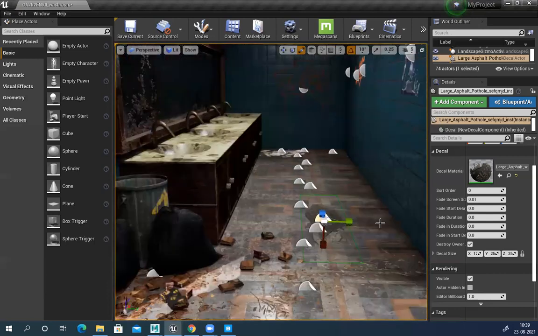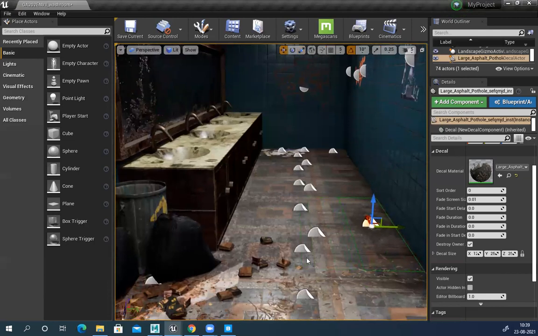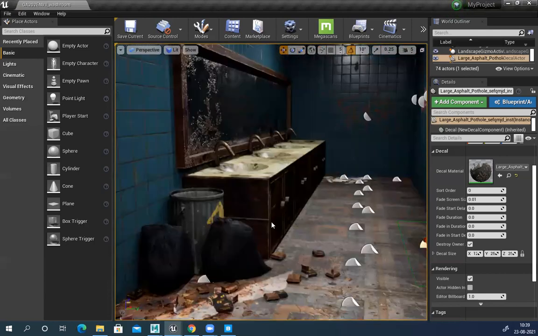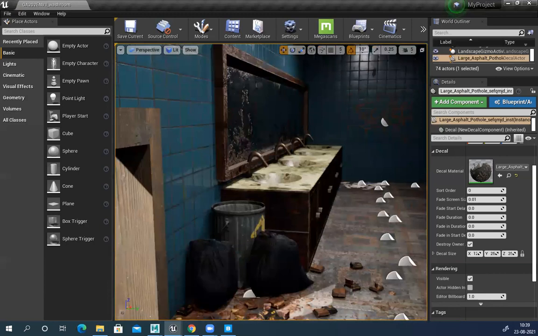You can see all the repetition. I can very easily get rid of those repetitive things. Save it. Some blood stain was there.